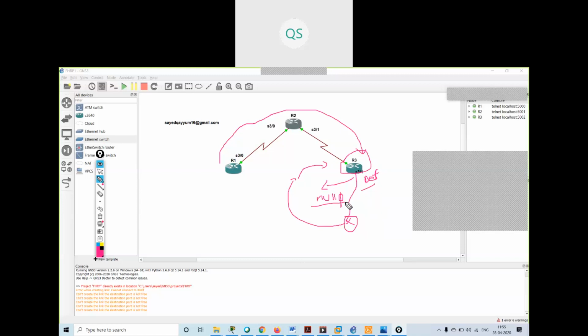It means it will get dropped, and it will not get passed on to the other router. Understood what is null zero?